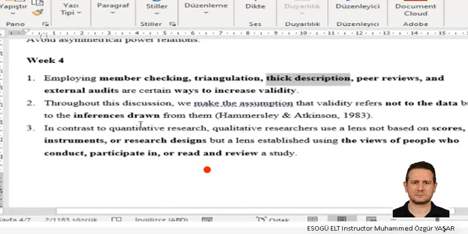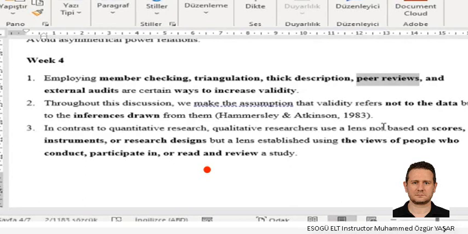And we also have peer reviews. Peer review means, for example, you collect data, you do some analysis, you come to some conclusions, and you formulate your themes. But you ask for another person's help to check whether what you formulated is right or not, or whether it seems problematic or not.